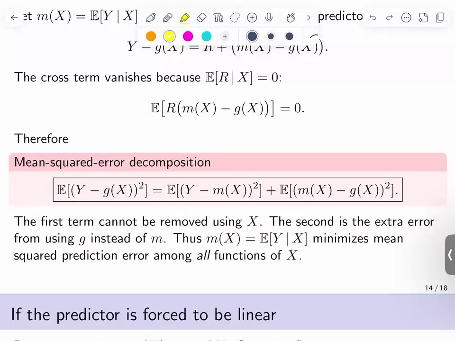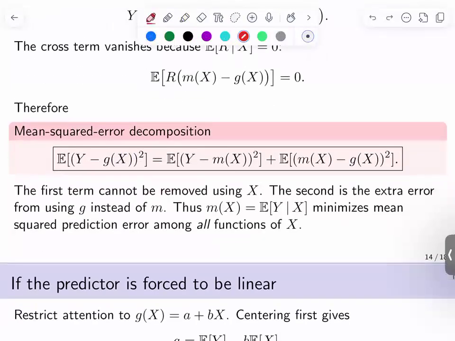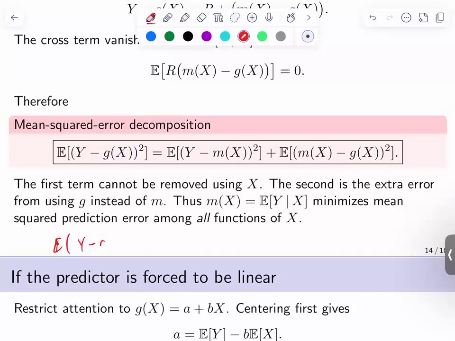If you do the same argument, but instead of g of x you look at the constant, you can do the same thing by saying: the expectation of (y minus a general constant a) squared is equal to the expectation of (y minus the expectation of y) squared plus... Let's call this mu. The cross term, again, you can argue it vanishes. You'd get mu minus a, squared, with no expectation. So the same argument shows that if mu is the expectation of y,